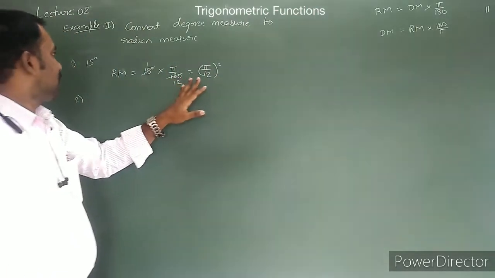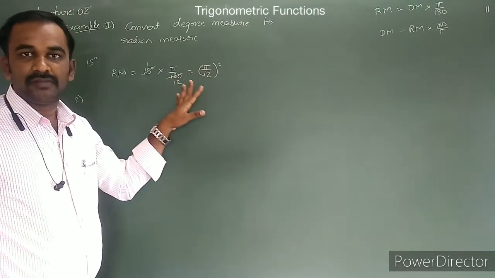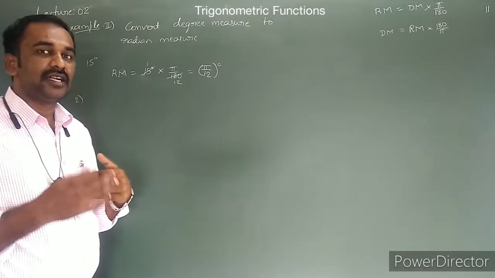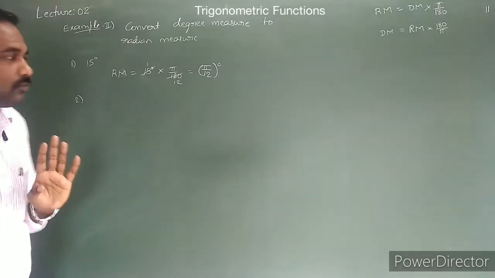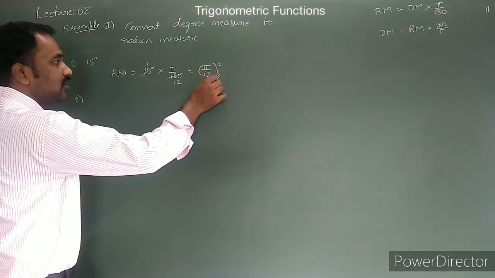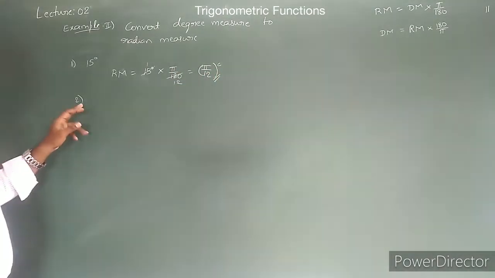That's all. Whenever writing the radian measure, keep the pi. And whenever writing the degree measure, you have to replace this pi as 22 by 7. In this case, it is not necessary. Okay. Next one is